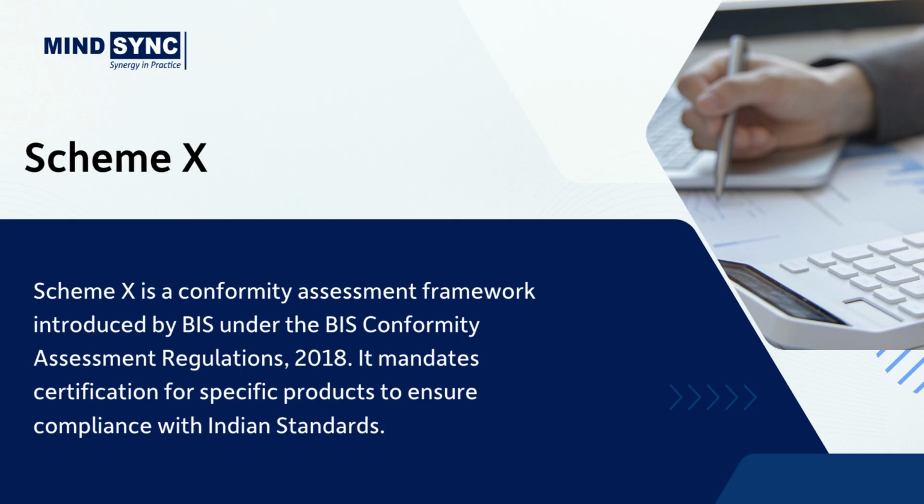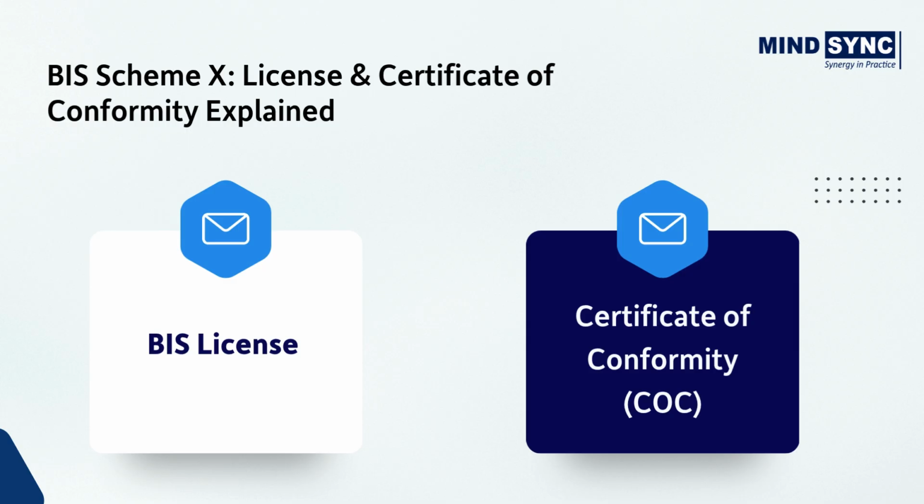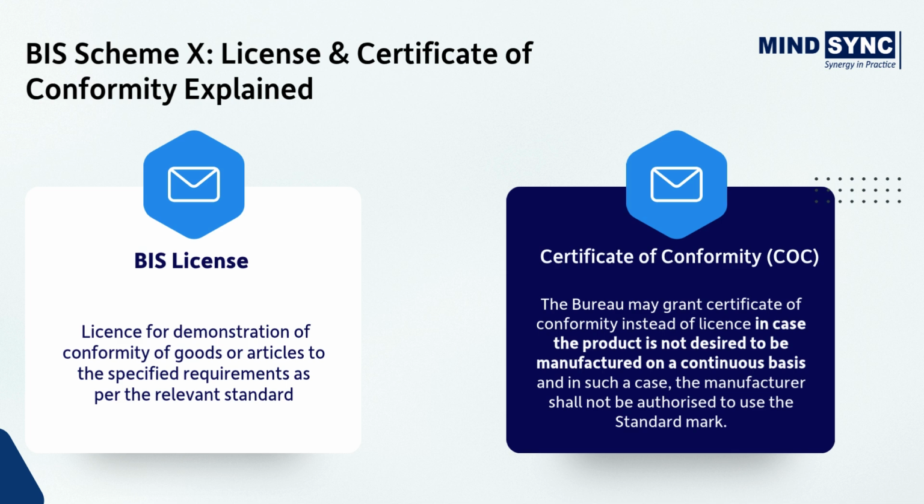This order falls under Scheme X of BIS, which is a conformity assessment framework introduced by BIS under the BIS Conformity Assessment Regulations, 2018. It mandates certification for specific products to ensure compliance with Indian standards. Under it you can apply either for a BIS license or certificate of conformity. License for demonstration of conformity of goods or articles to the specified requirements as per the relevant standard. The Bureau may grant certificate of conformity instead of license in case the product is not desired to be manufactured on a continuous basis,